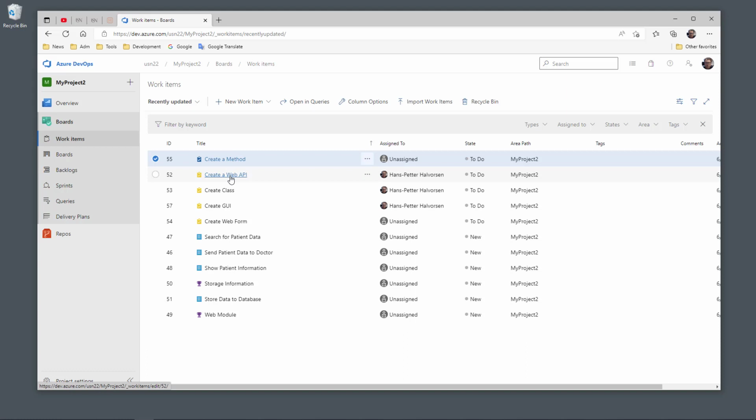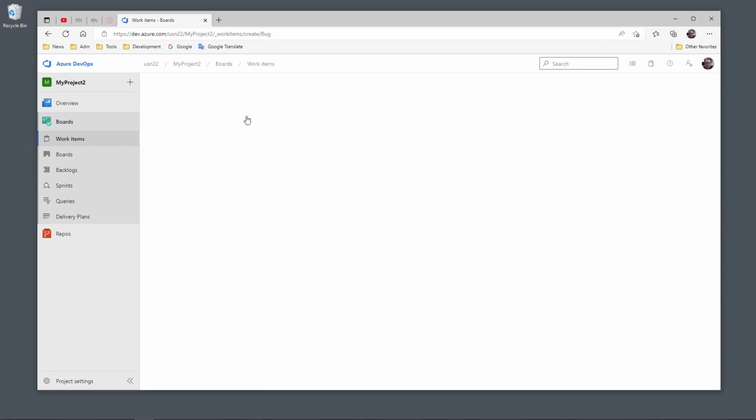The yellow one is the task, the blue one is the product backlog items, and the purple one is the features. Then I just want to create or report a bug. As you develop your applications, you will typically find bugs, so then you need to report them. So then I select new work item, select the bug,